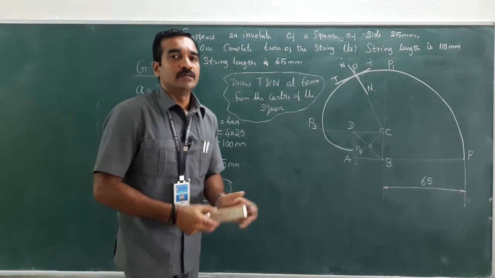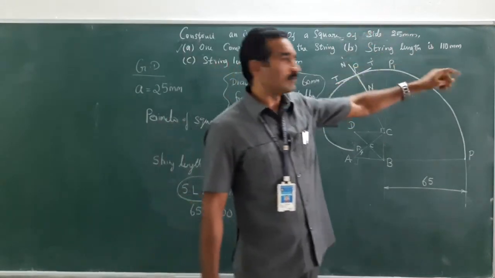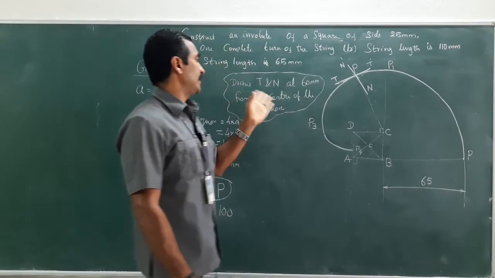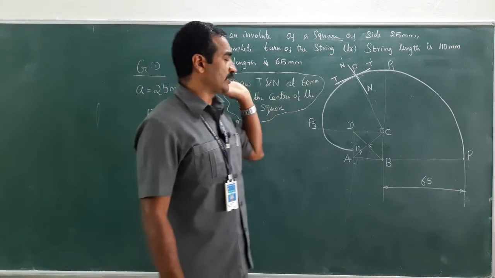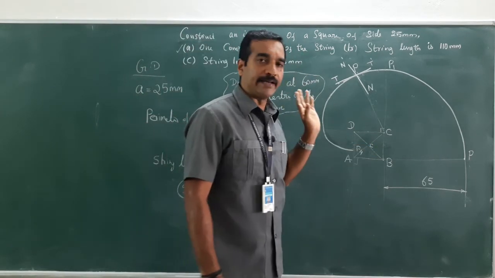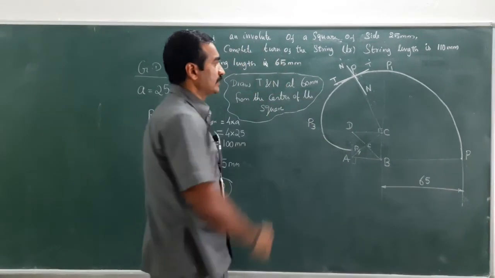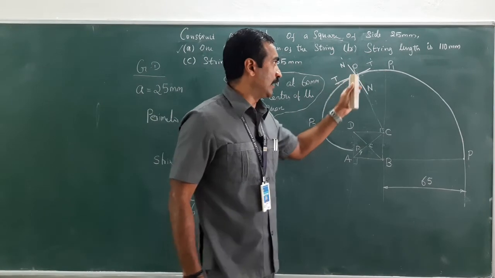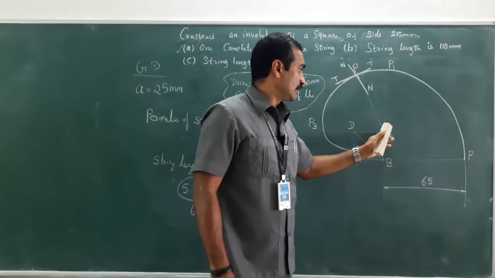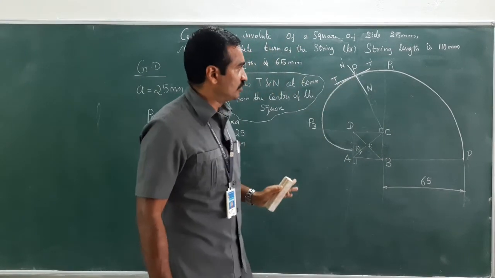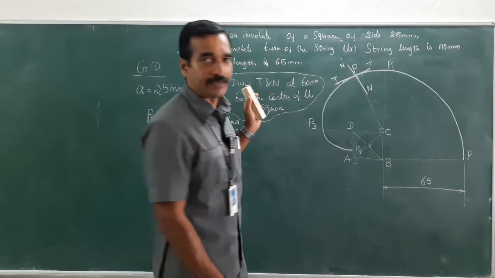So, remember, if it's not specified, you will have to choose any point on the curve and draw a line. Suppose the question gives some distance from the center of the square, then you will have to find the center of the square. From the center, take the given dimension and cut an arc on the profile, choose that point and draw a line to the center from where this particular arc is being generated, right? By doing so, I have completed all the three conditions, right?